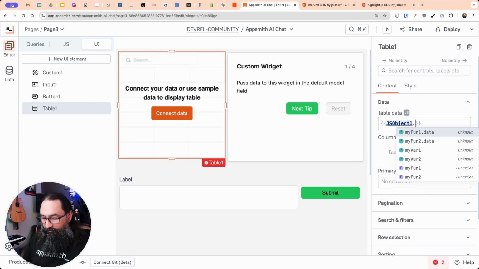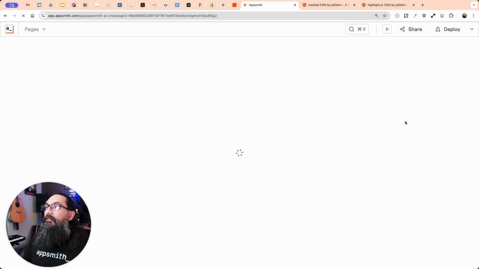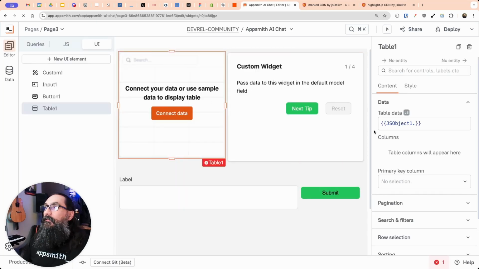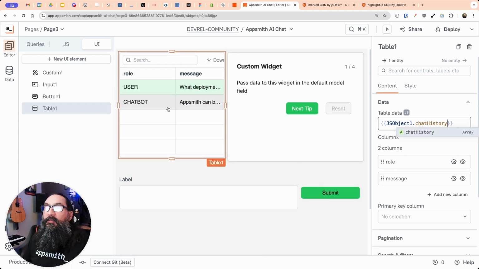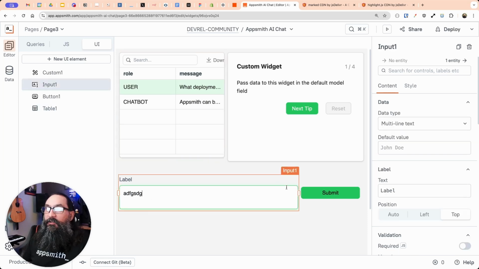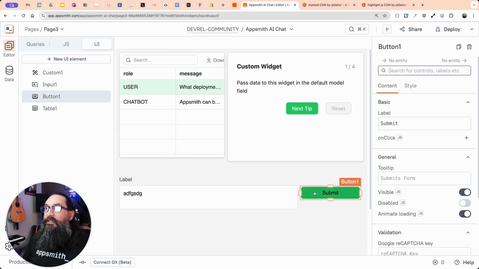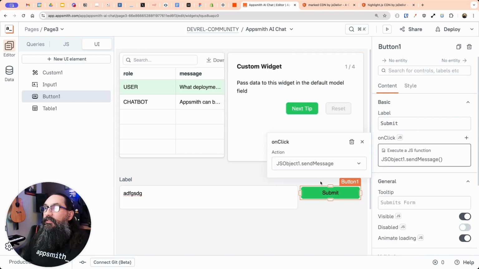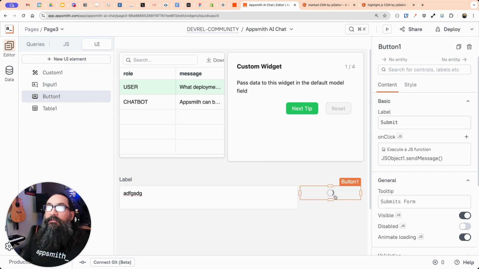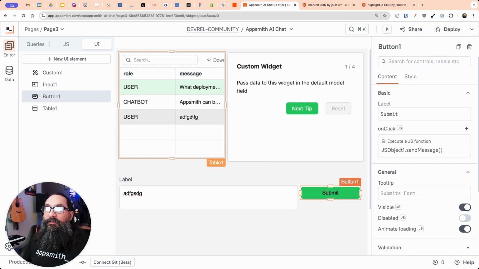Oh, I think I need to refresh before it can see that. There it is, chat history. Okay, so just so that we can see a new message get added, I just wanted to add the table. I guess I got to connect the button here still to our send message function. There it is. So now I can add a new message to that array, and I'm saying it's for the